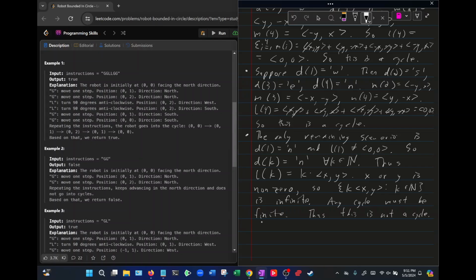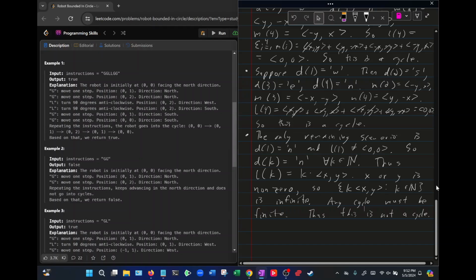Yeah. Because if it is a cycle, then at some point you need to return back to where you started. And you must return there after a finite number of steps. And you will go through those finitely many steps repeatedly after you return to the origin. And so cycles must be finite. But here we see that the path traced out by this set of instructions is infinite,